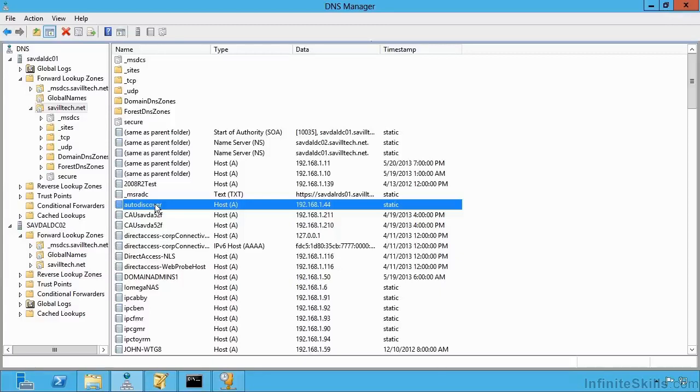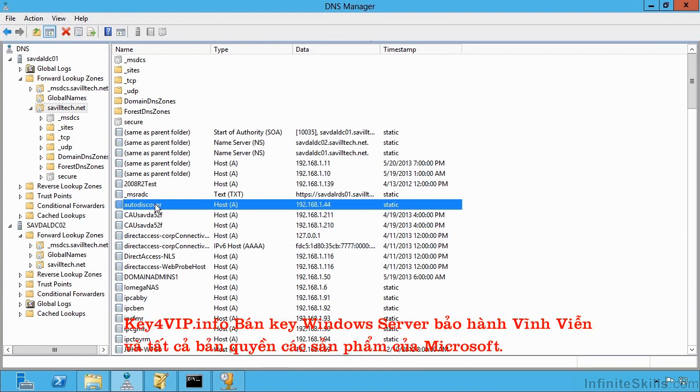This lesson covers the advanced DNS records. We've already seen a few record types previously, for example the host record or A record. This is a mapping of a host name to an IP address. For example, here I have a static host record called AutoDiscover that simply maps the name AutoDiscover to IP address